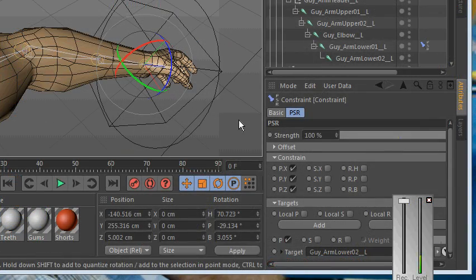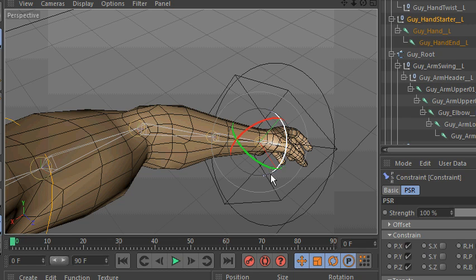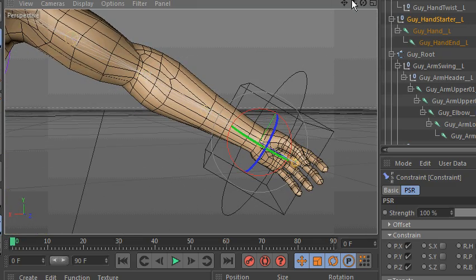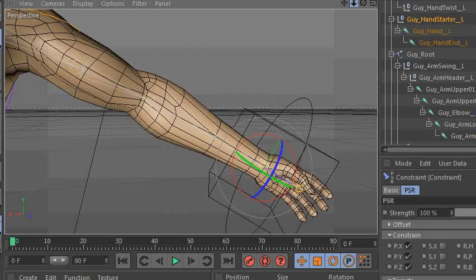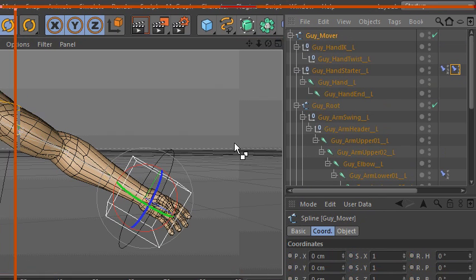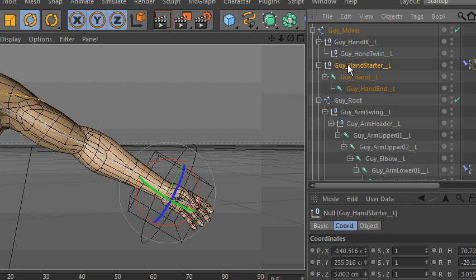Okay, next thing, I want to look at a couple of things in the arm rig and show you two main things here. First of all, I wanted to further clarify the hand. We went over this in class, but I'm going to show you even more clearly how this thing works. Okay, so the hand starter null